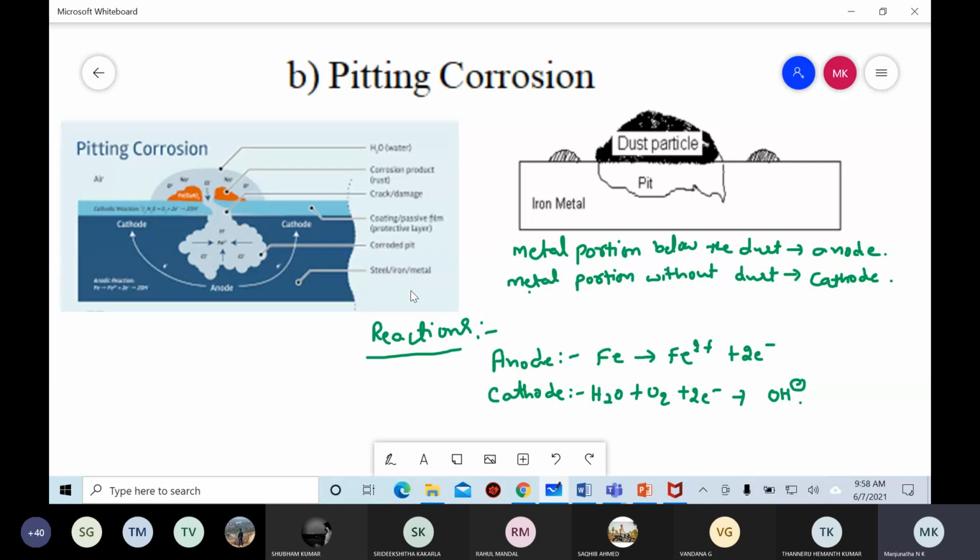Dear students, in the last class we discussed typical examples of differential aeration corrosion, in which two typical examples we discussed. One is waterline corrosion and another one is pitting corrosion. Coming to the first one, pitting corrosion is generally observed when dust or oil particles are deposited on the surface of the metal. See this diagram. Once any dust particles are deposited on one portion of the metal surface,